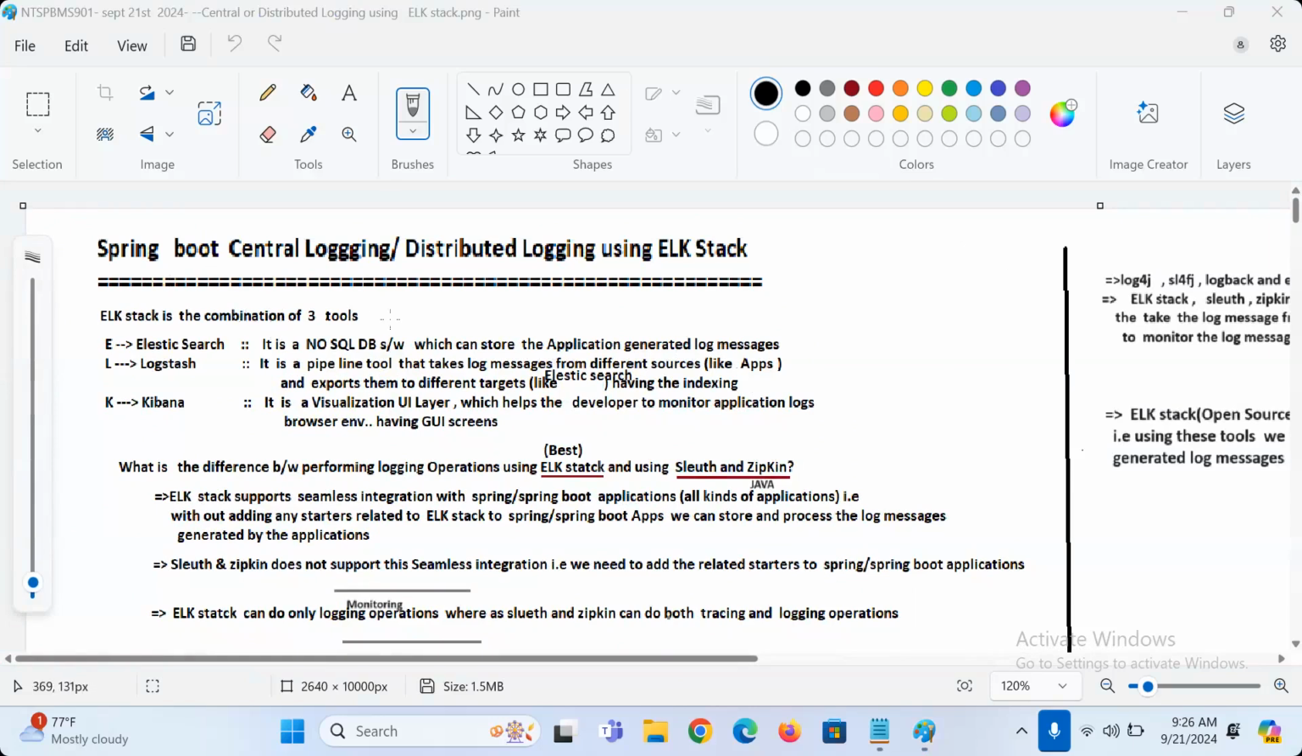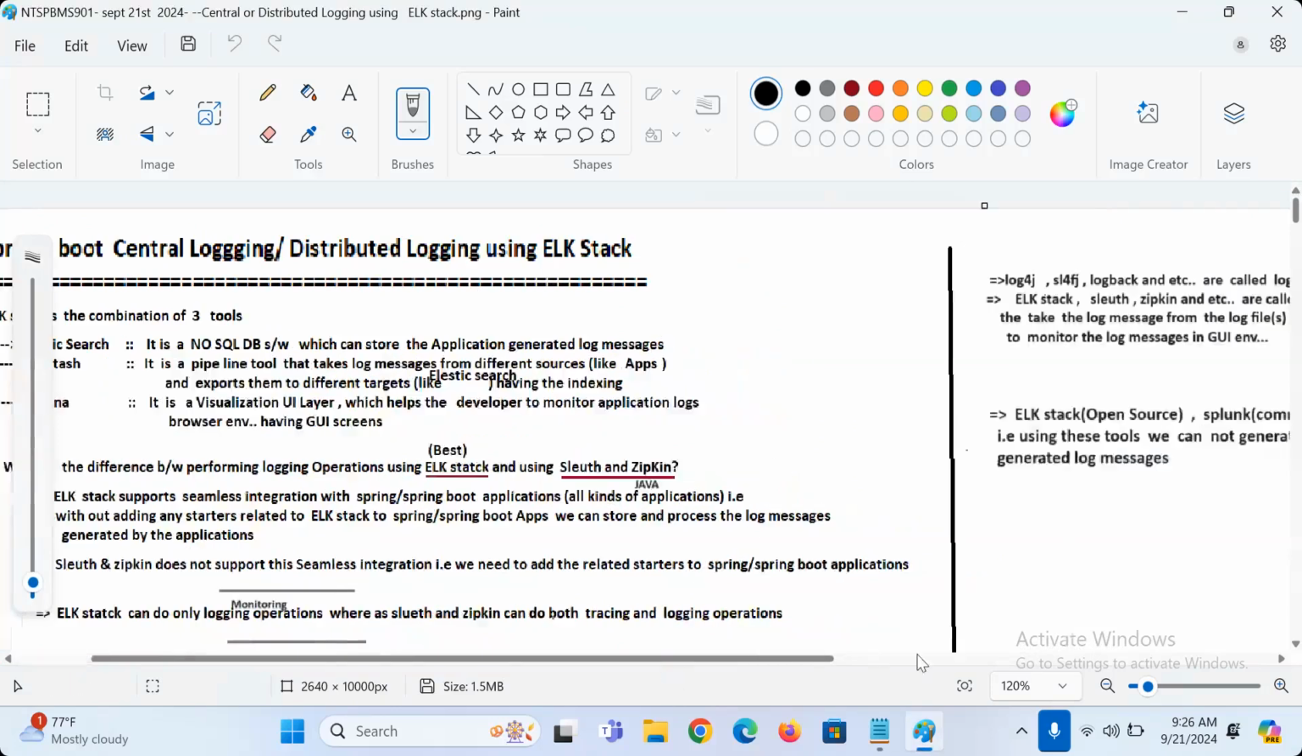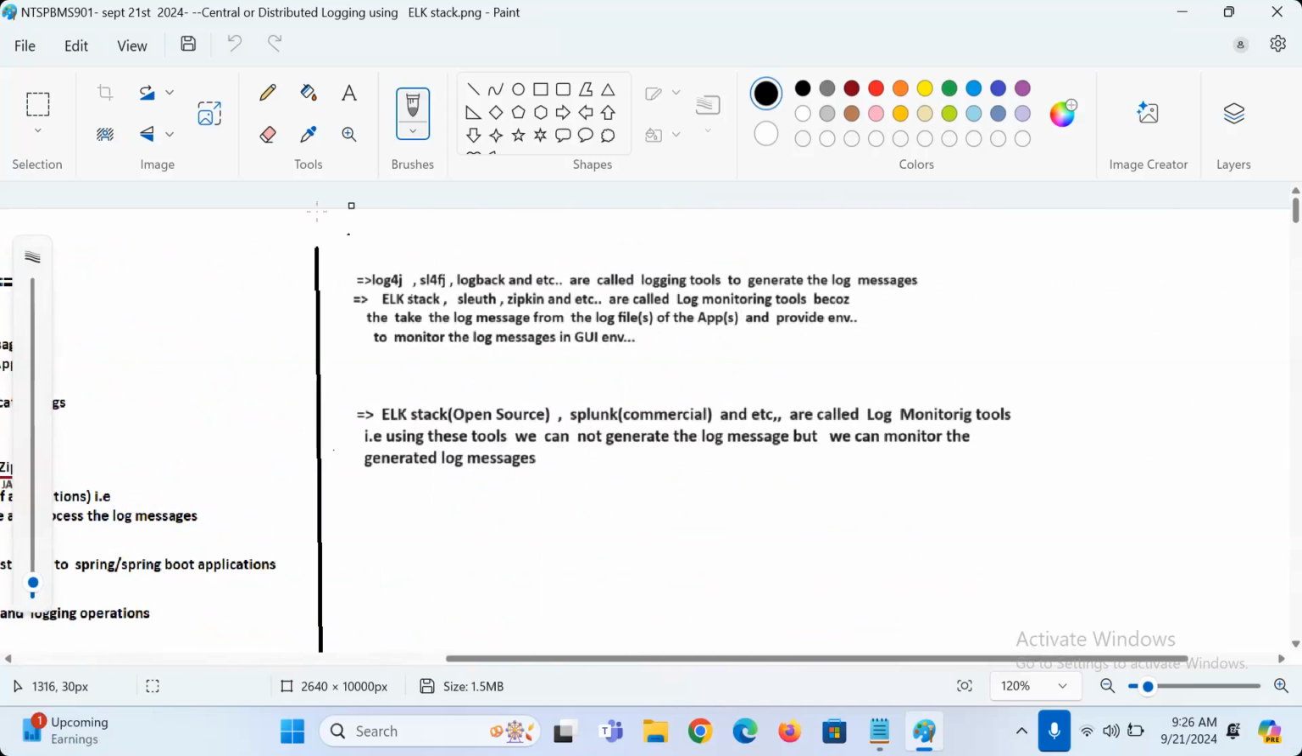Spring Boot central logging or distributed logging using ELK stack, guys. First of all, try to understand that Log4j, SLF4J, Logback, etc. are called logging tools, used to generate the log messages. Using them, we generate the log messages. ELK stack, Sleuth, Zipkin, etc. are called log monitoring tools because